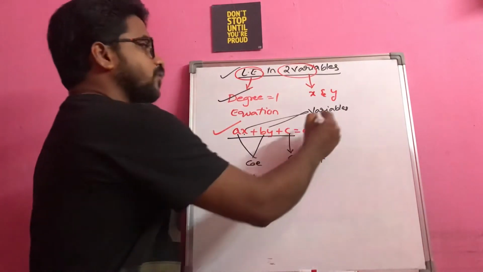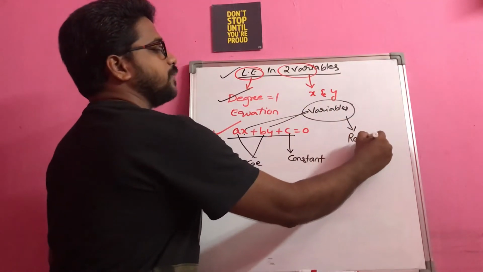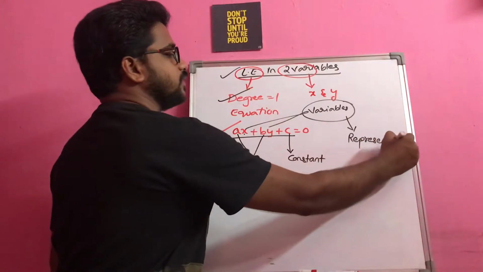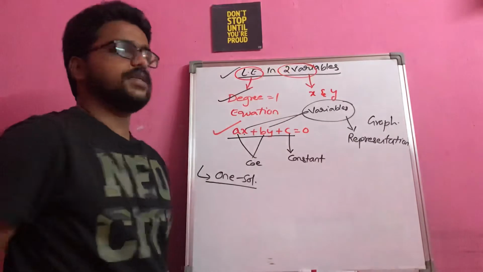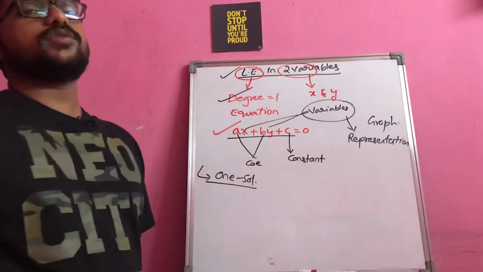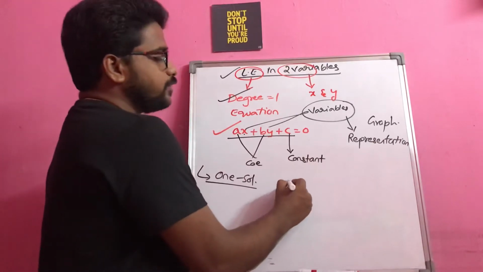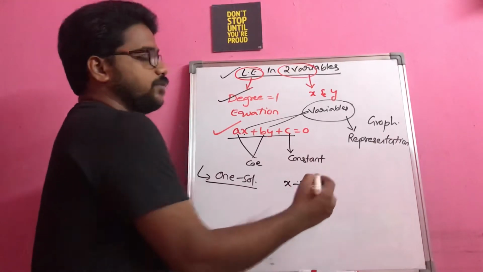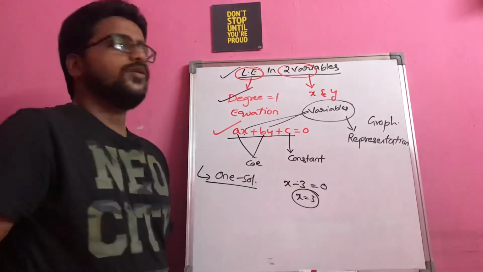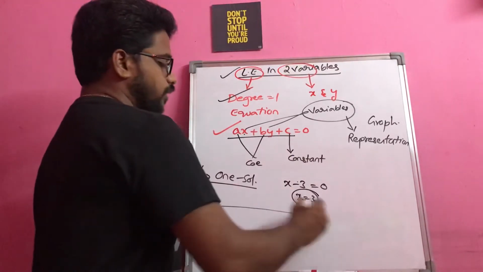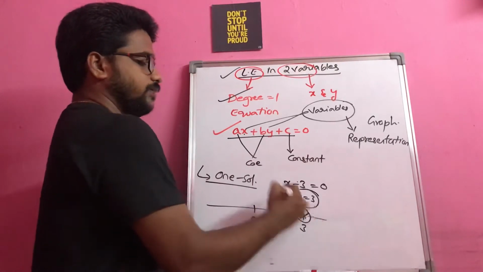Instead, the number of variables here will give you information about the graphical representation of a given linear equation. So how do you have to do that graphical representation? Only for that sake will variables help you give that information. For example, if I give you something like x minus 3 is equal to 0, and I ask you to represent this in the form of a graph, you will go for the number line representation and you will mark 3 here, right?